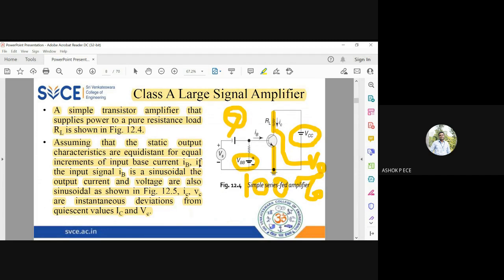The Q point is exactly at the center, so you can draw the diagram for IC, VC. IC is going to be the collector current and VC is going to be the collector